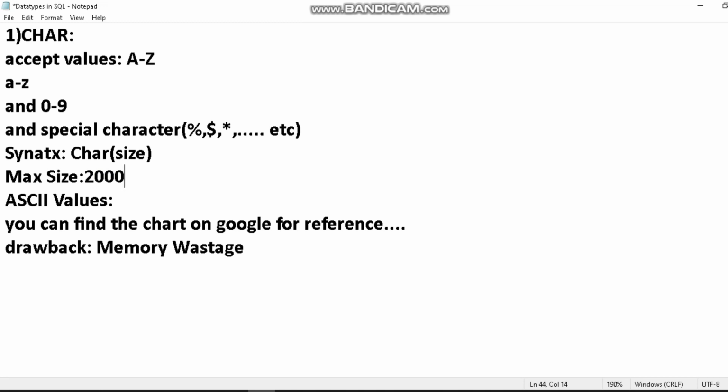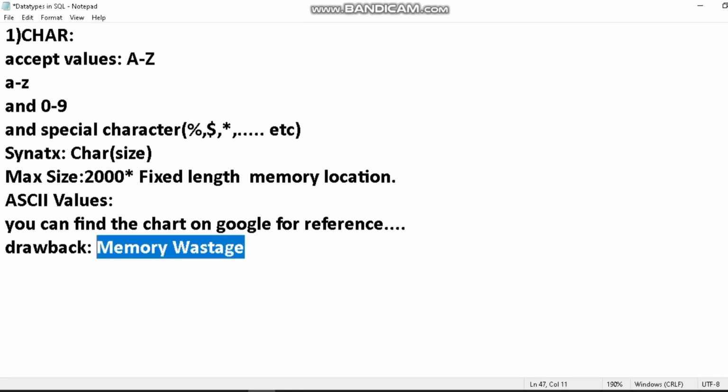Fixed length memory location, we can elaborate. If I have mentioned the size of 1000 memory blocks, it will allocate 1000 memory blocks, but I only use like 100 to 200 memory blocks. If the user has used only 100 to 200 memory blocks, then the remaining memory will be unused, and it will be wasted for no reason. Okay, so yeah, this is the drawback of char data type, that it has memory wastage. To overcome this,